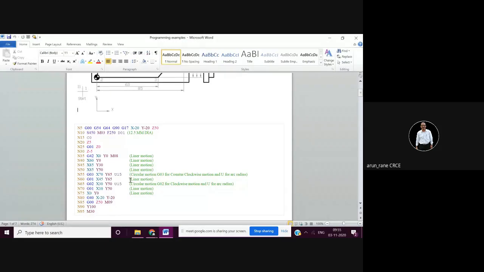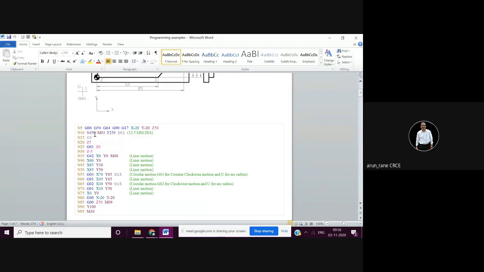I hope you have understood this program to some extent. So let us understand now line by line. Hope you have drawn the diagram and written the program.